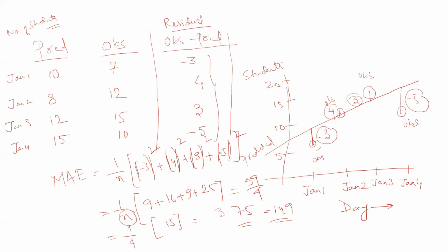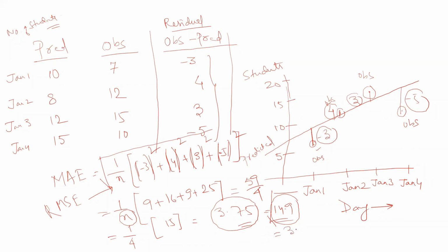Say for example, I take 14.9. So you see the mean absolute error is 3.75 and the mean squared error is going to be 14.9. And if you want to calculate the root mean squared error, you just perform a root under, right? You perform a root under. So root under of 14.9 is going to be